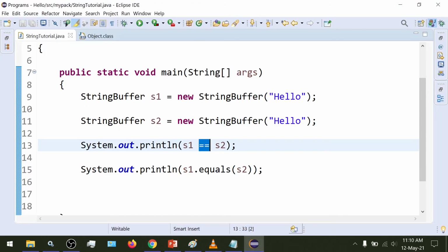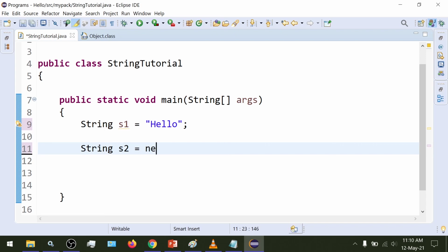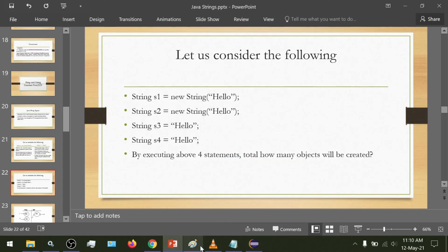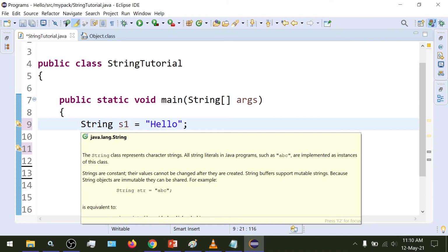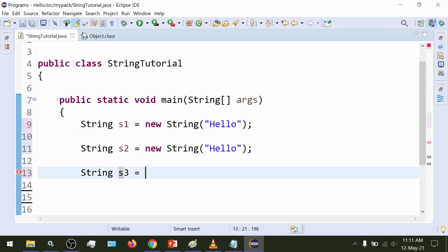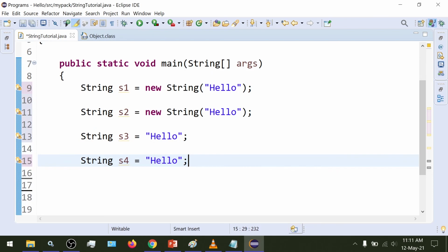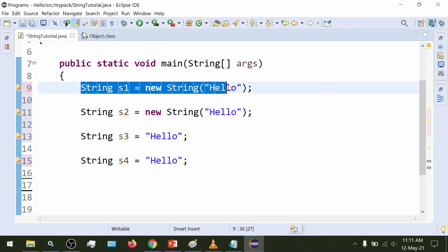So let's take this example. We have string s1 equals new String hello.